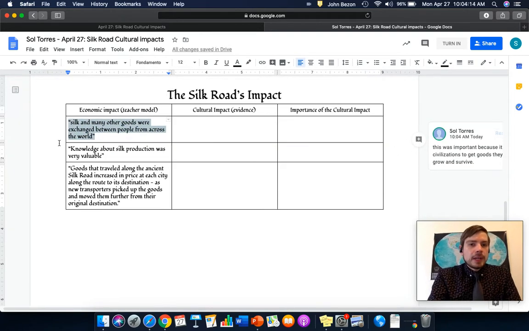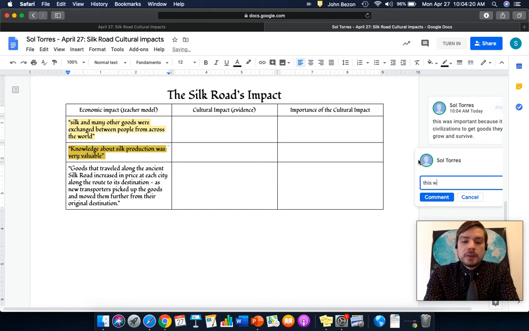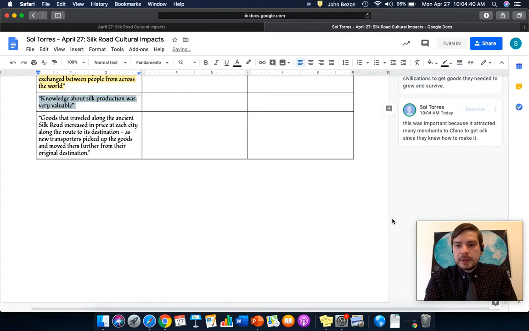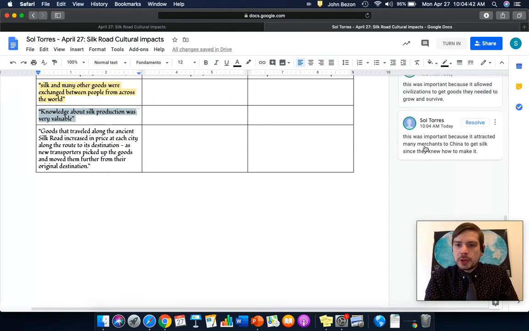Another economic impact of the Silk Road. Knowledge about silk production was very valuable. Why was that important? This was important because it attracted many merchants to China to get silk since they knew how to make it. I know that's in the way right now. But this was important because it attracted many merchants to China to get silk since they knew how to make